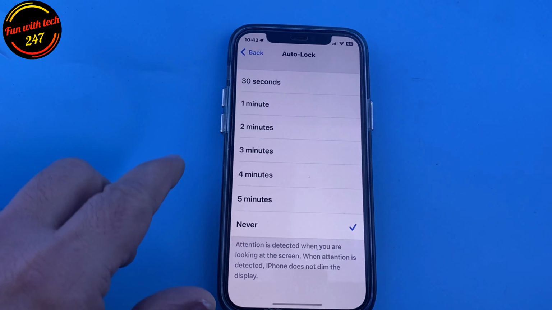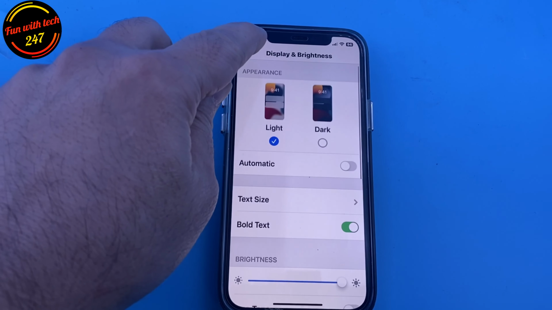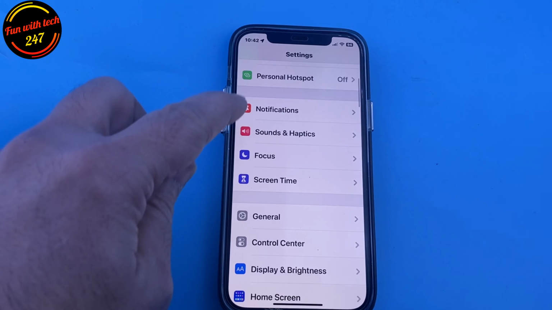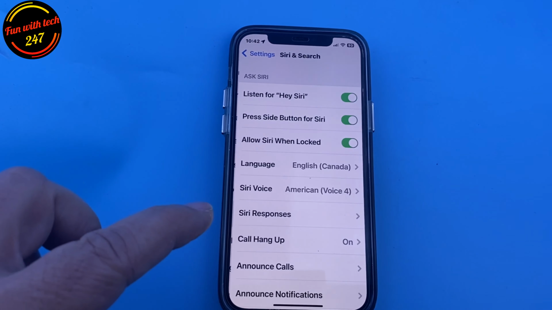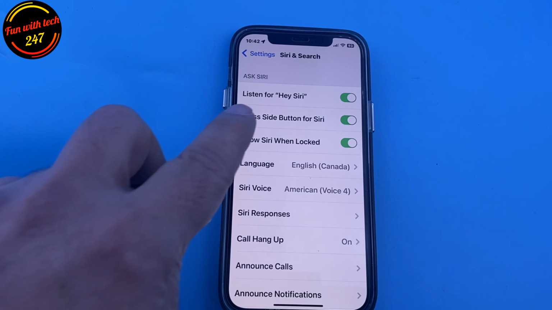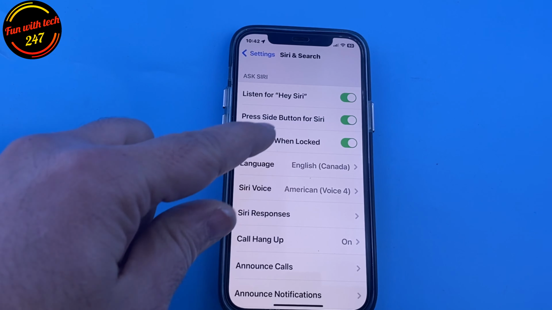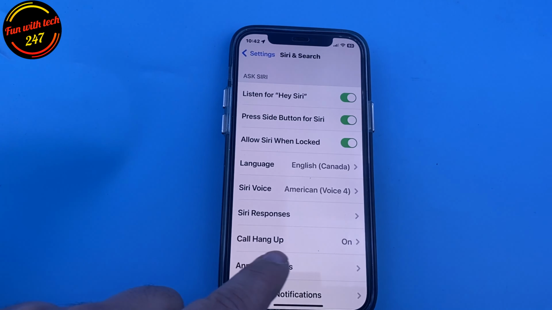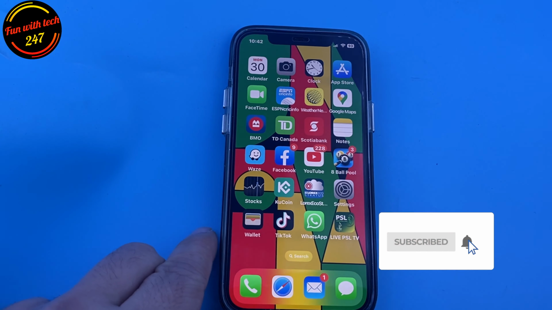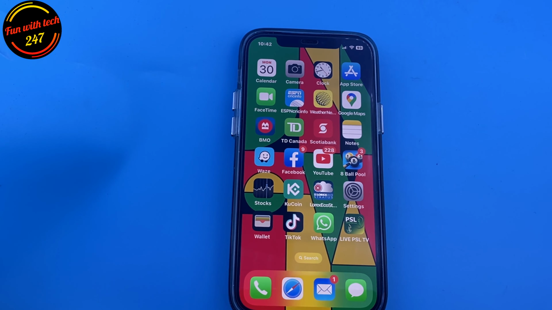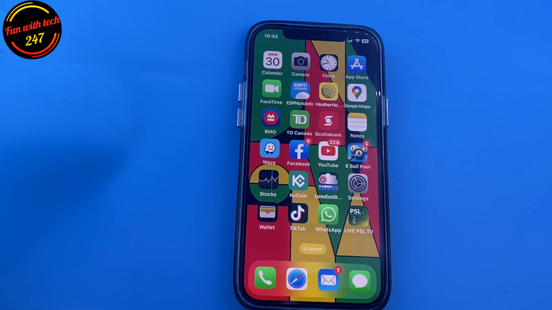Before we start, you have to make sure that you turn on Hey Siri, and listen for Hey Siri. You have to make sure this is turned on, and then call hang up should be turned on as well. So the first command that I'm going to give to Siri is, hey Siri,